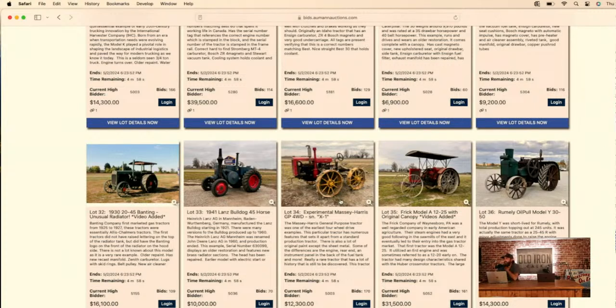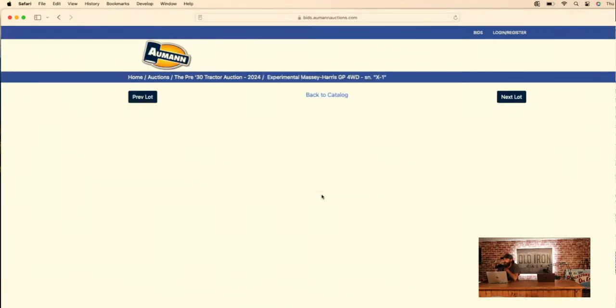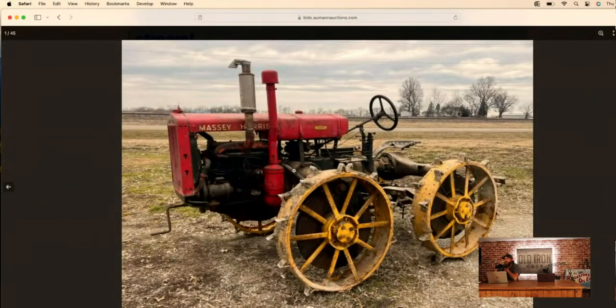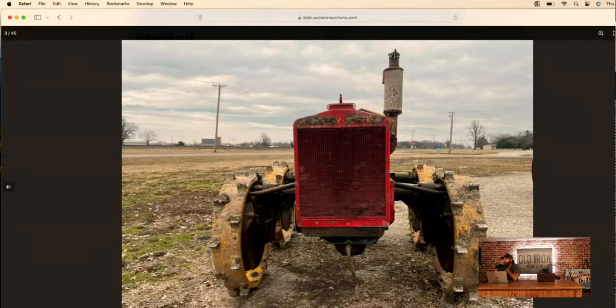That one Massey Harris GP, that is marked X1 experimental. So that would have been a pre-production tractor where they had some parts on there that were experimental that they were working on. Really kind of a nice overall tractor. We had it running here on site, but the mag was intermittent as far as getting spark. So we had it for a little while, had it running, driving, and then the mag stopped, and we never could get it back. So the mag will need some work on that, but overall, kind of a nice looking